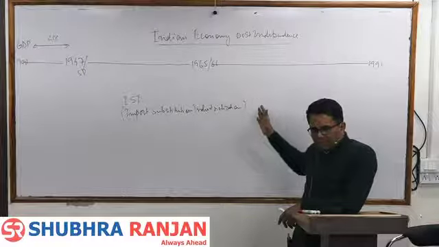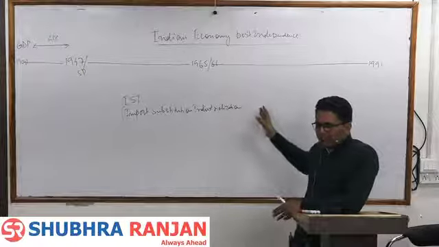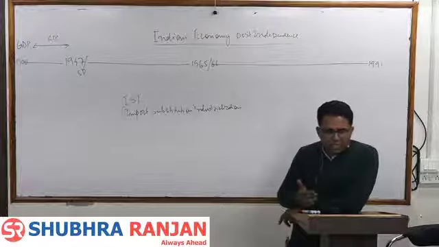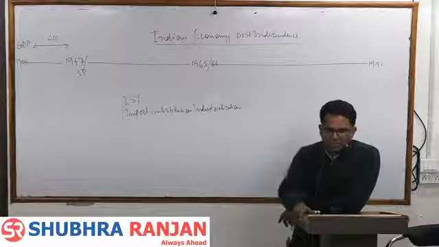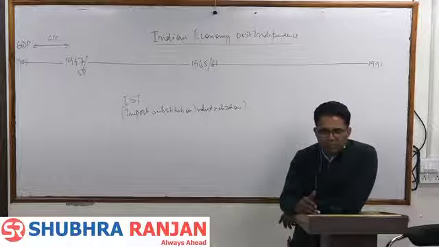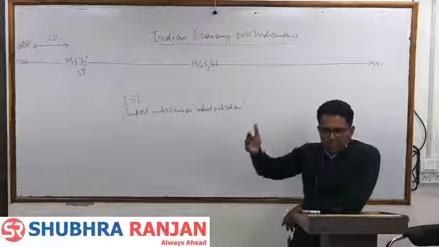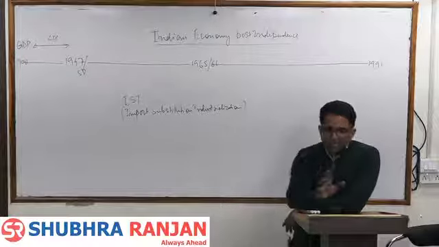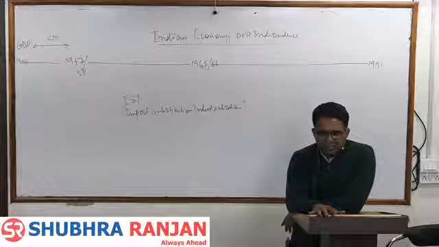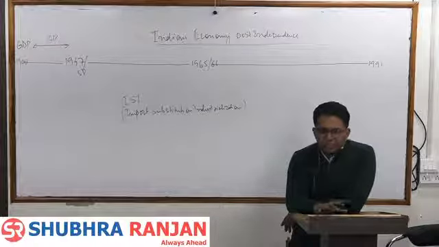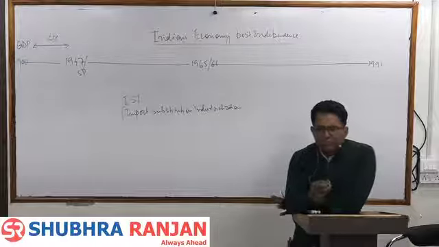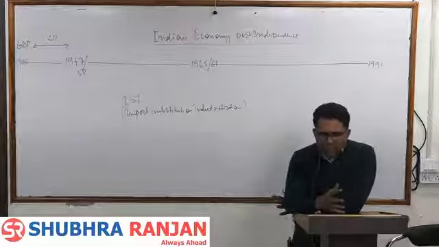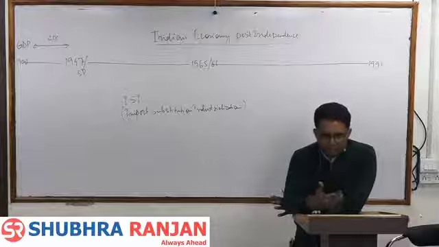Downstream industry means a tractor factory or AC, TV, bicycle factory. The Calcutta model said that if government sets up huge capital goods industry, it will help in the establishment of other downstream industry, which will ultimately increase the production of consumption and capital goods. But in India, the downstream industries were never set up, not in large quantities. Very few downstream industries got established. It was not as per the plan, where the government thought a lot of downstream industries would be set up.